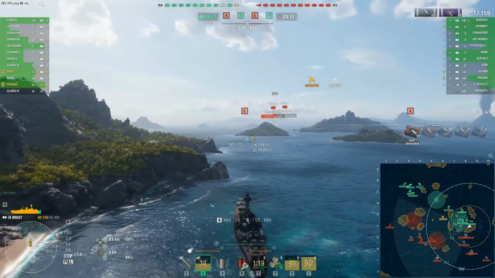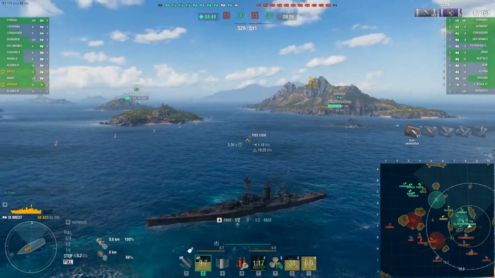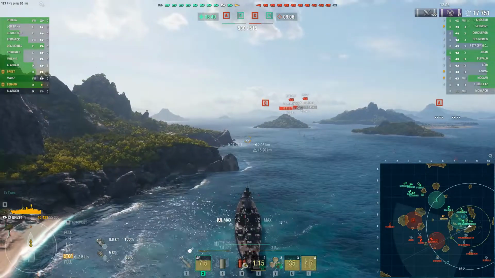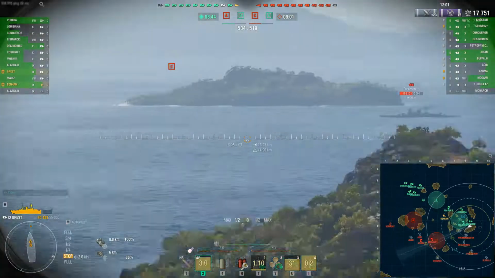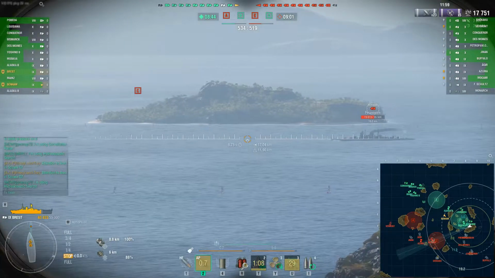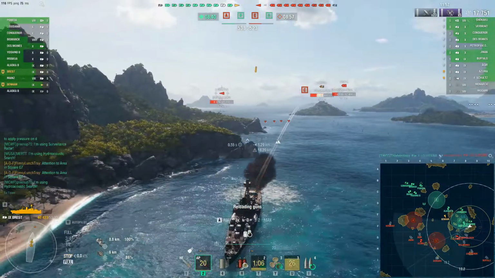So we move up, we utilize the cove of the island, so we're safely out of the way of the Schultz's torpedoes. And we're going to continue just sitting here. So we definitely have control of this cap and this flank. So my advice to you when...